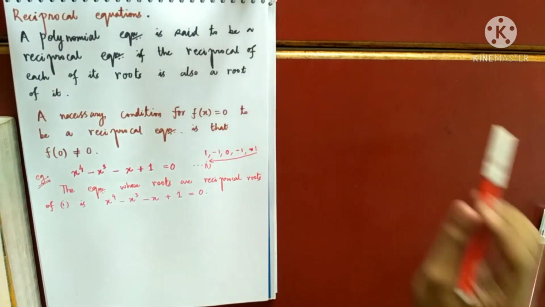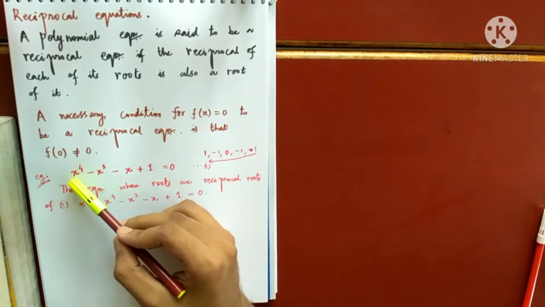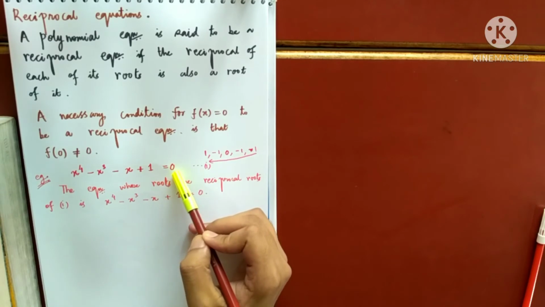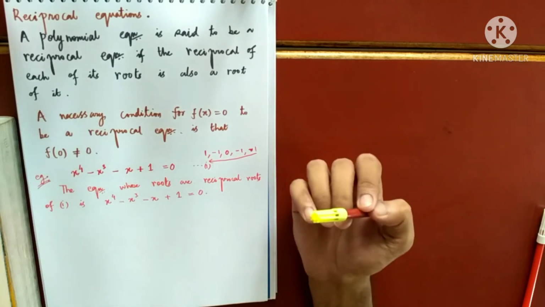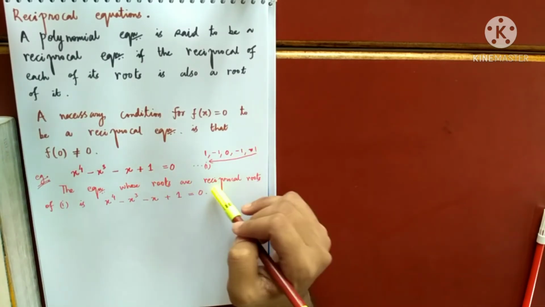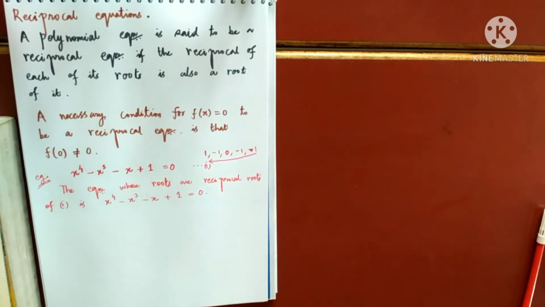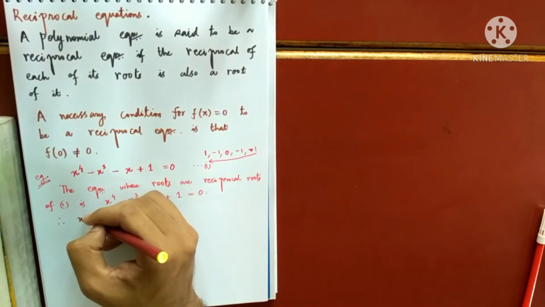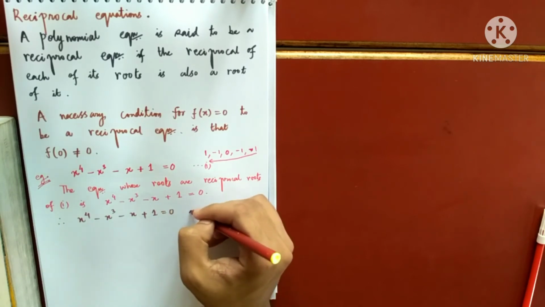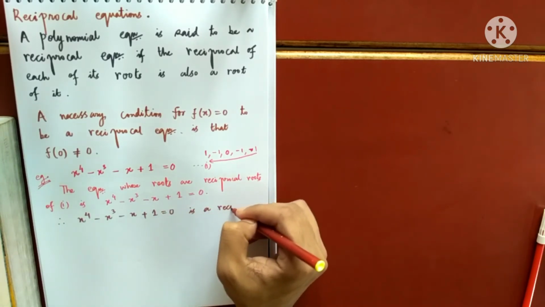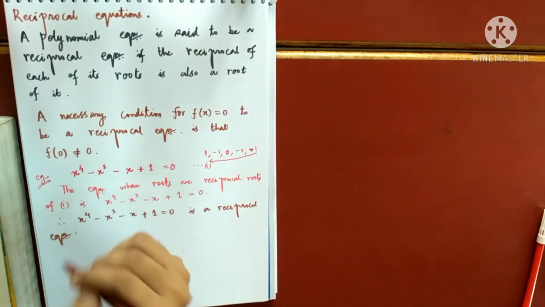Right? So what do we understand from here? I can clearly conclude that every root of this equation is, suppose if alpha is the root of this equation, then 1 by alpha will also be the root of that equation, because the equation whose roots are reciprocal roots of this original equation is the same one. So I can conclude that this is a reciprocal equation. We'll give you a more easy way to determine, but first to understand this reciprocal equation.